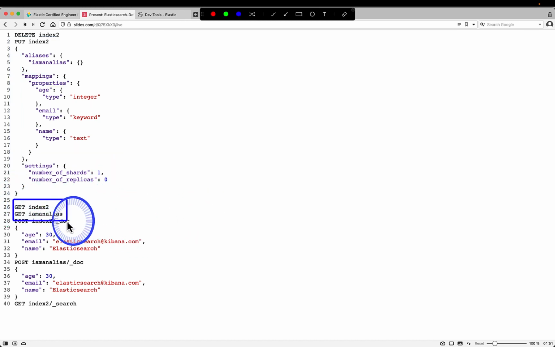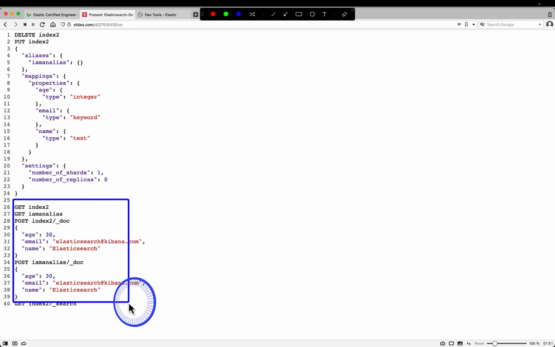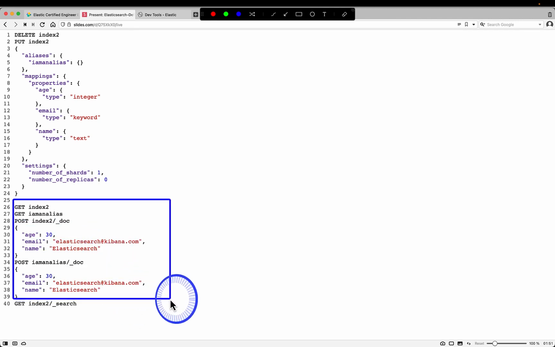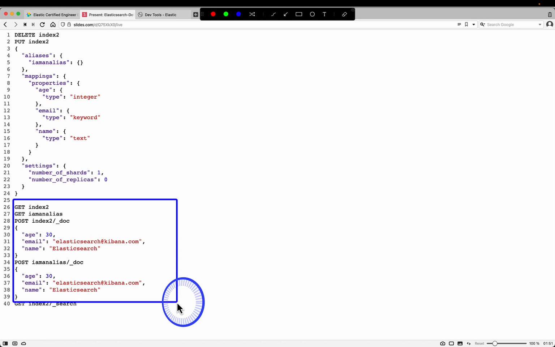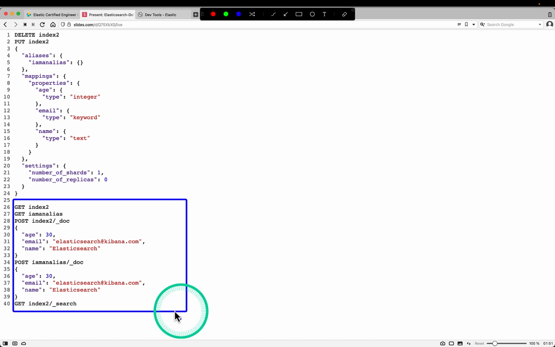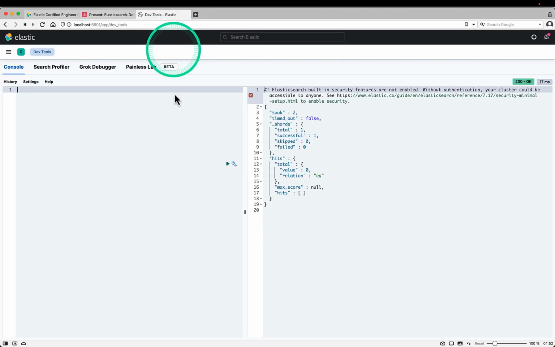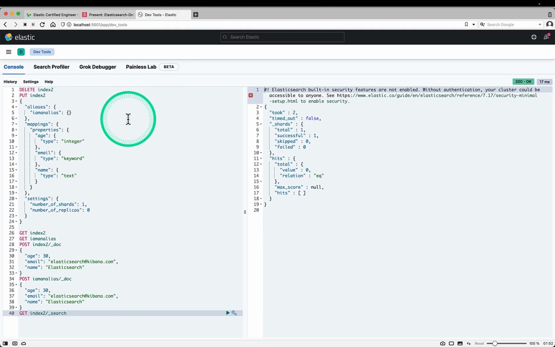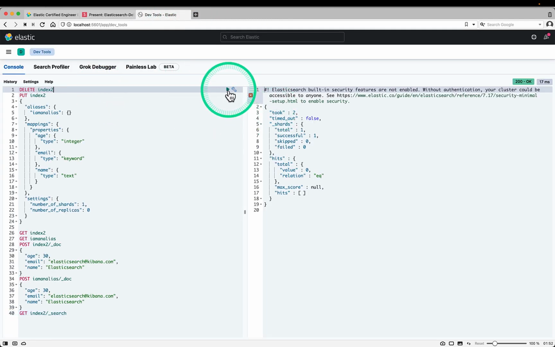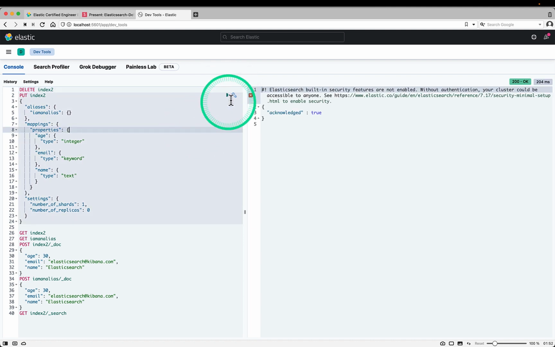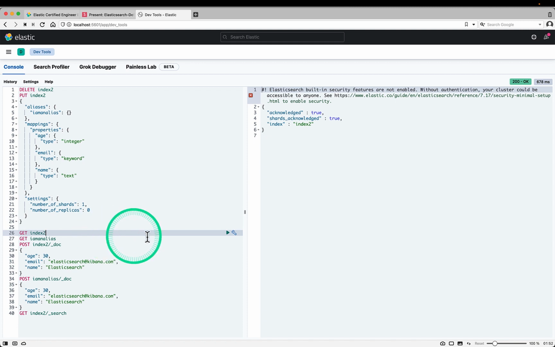So I can do get using the index and alias, and I can post some data. I'm posting some data to the index which I have created, and I can just do a search. So I'll copy this snippet of code, paste it, then I'll create it now. So the index has been created. Now I can fetch